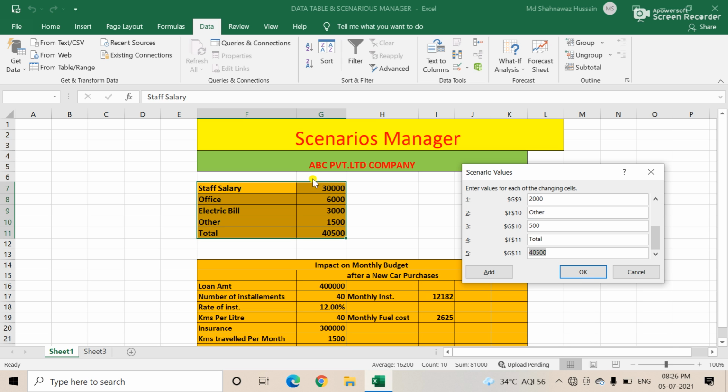Actually, in the main sheet the month of January is changing. Suppose this is before I start my company, it is just my case.